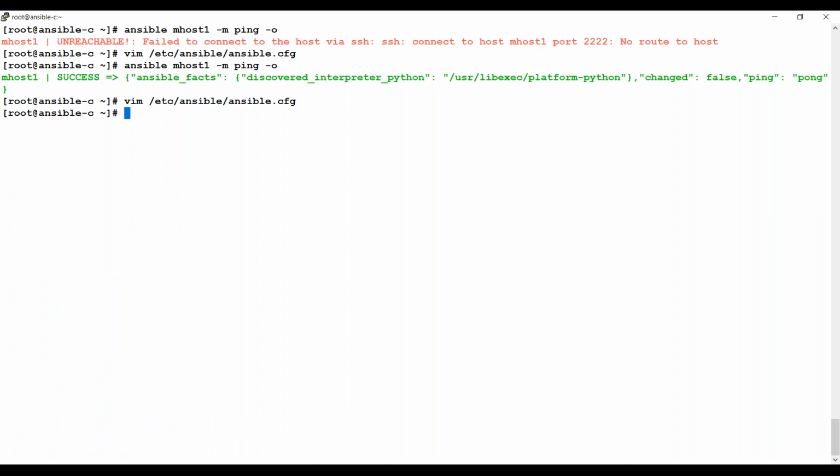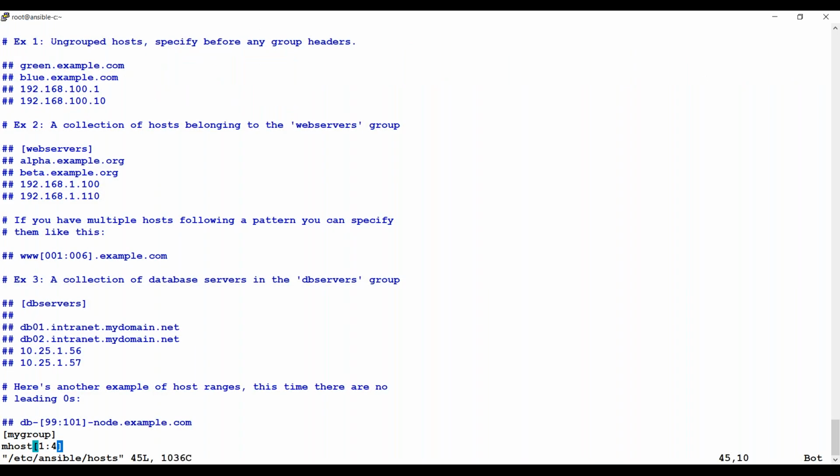By default, all machines will be connected on port number 22. Only one machine I wanted to connect on a specific port number, that is 222 or 4 times 2, whatever. So let me go to my host file over here. In this file, let me split out those names again. Okay, let me go with